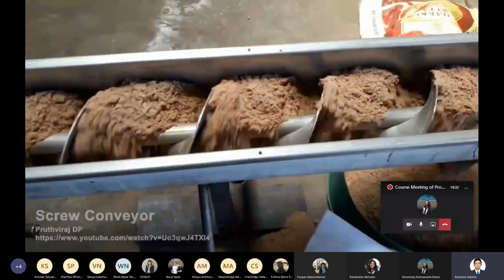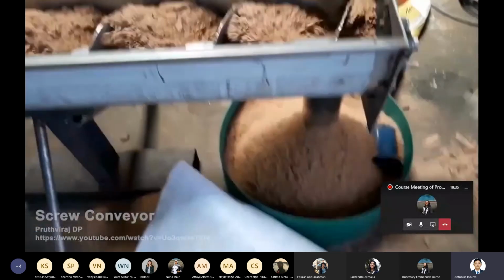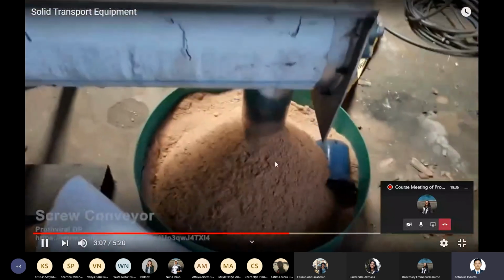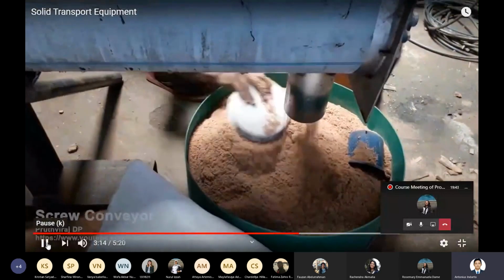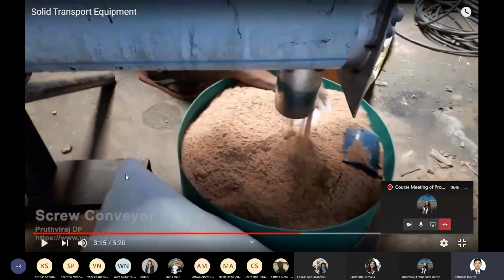So with this kind of screw conveyor, we put or store the product in here. The use of a screw conveyor can sometimes be to segregate the solid particle. It means that if your solid particle is very wet, it usually has a tendency to agglomerate, so the size will be quite big.